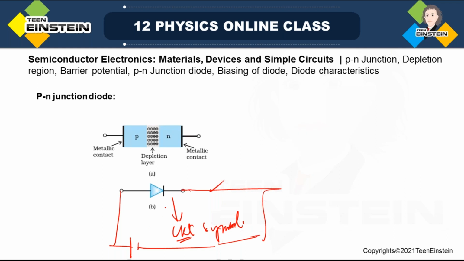This is a type of biasing of a diode. Suppose one side is connected to the positive terminal of the battery, another side to the negative terminal, and you have to see whether this is p and this is n. So the p side is connected to the battery positive terminal, and the n side is connected with